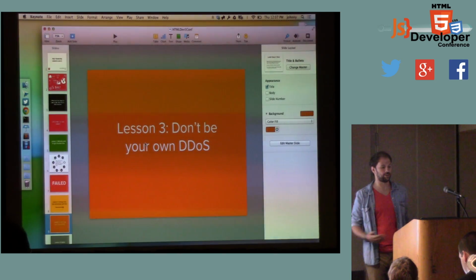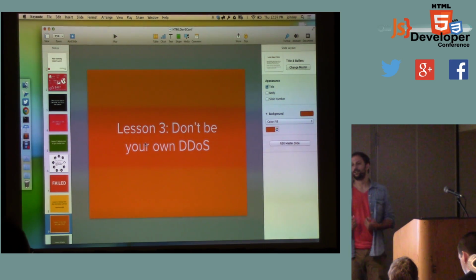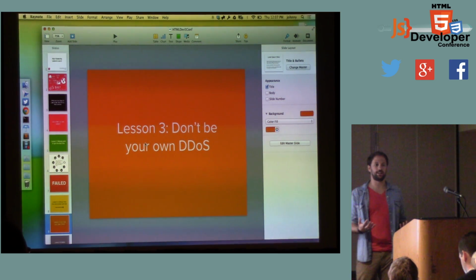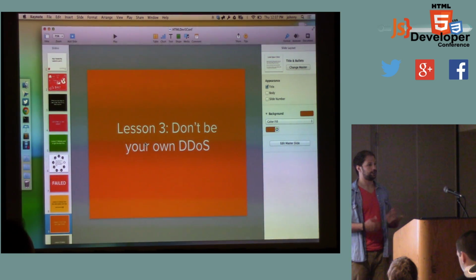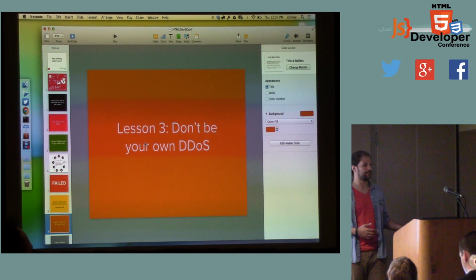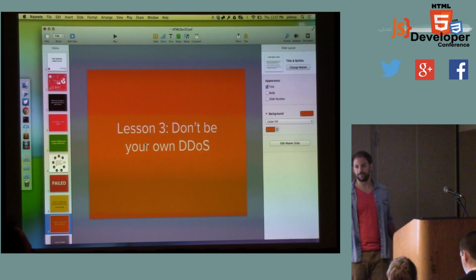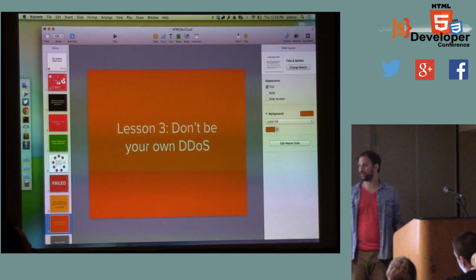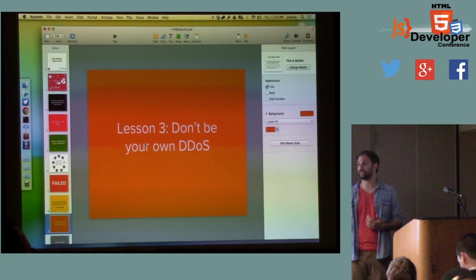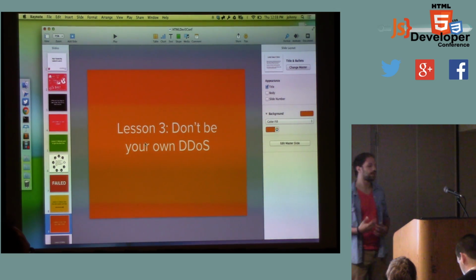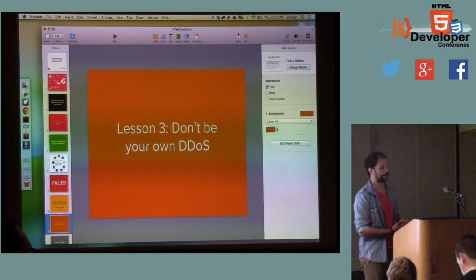third lesson: don't be your own denial of service. In reality it means that you turn something that wasn't countable into countable. You just need to monitor how many concurrent users you have, and then you multiply by the number of requests that you're allowing on the queue, and then you have simplified how you can prevent traffic. So that was a good lesson, but still